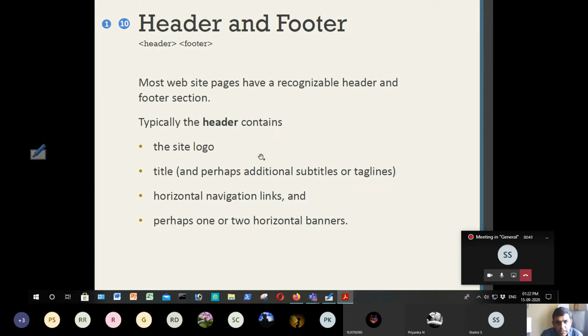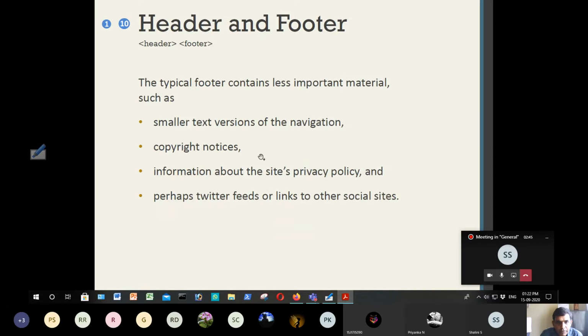The footer usually contains small text like copyright notices and the privacy policy of a given site, feeds like Twitter feeds, or links to social sites like Facebook, LinkedIn or other social sites. So every website will have a header and a footer.